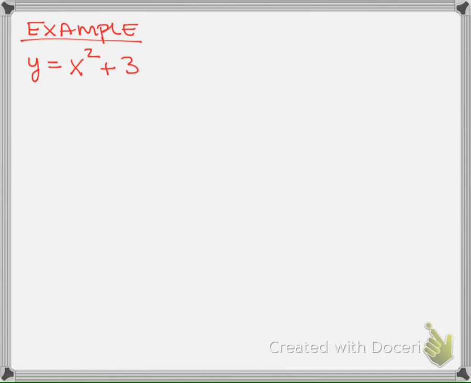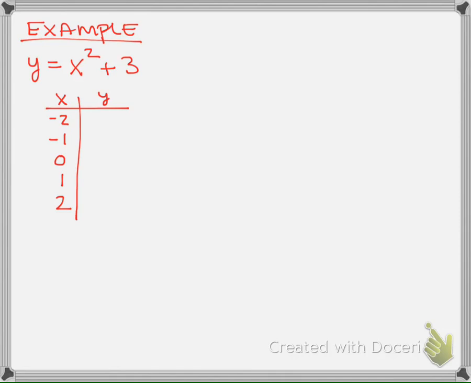We got y is equal to x squared plus 3, which we know to be quadratic. And what we're going to do is, again, create the graph of this equation by plotting. So, what we're going to do is create a table. This time I'll pick more points. Let's pick -2, -1, 0, +1, +2. Now we're going to substitute each one of these values into my equation to figure out